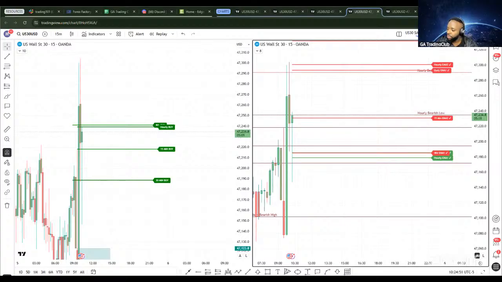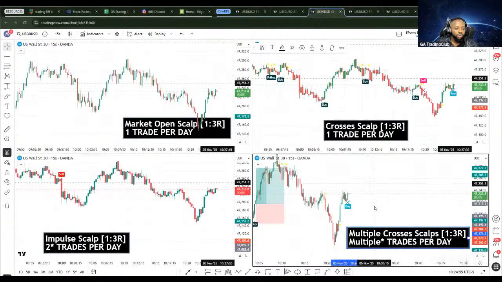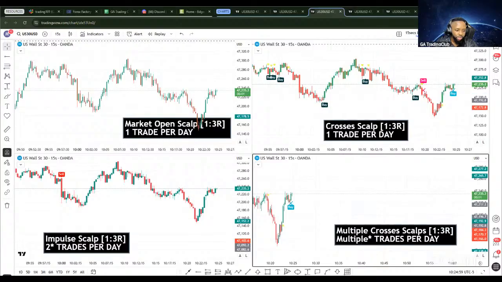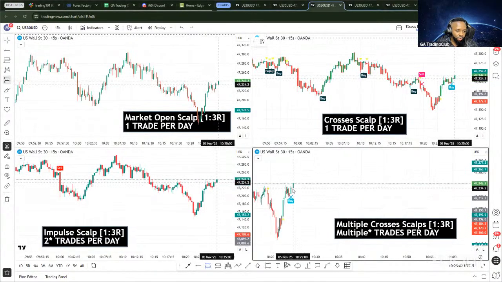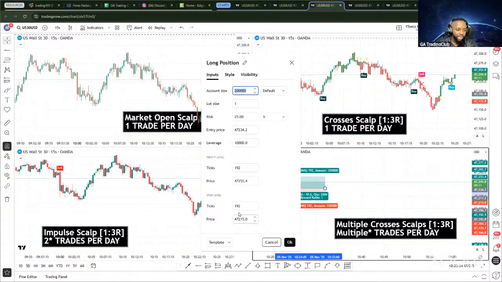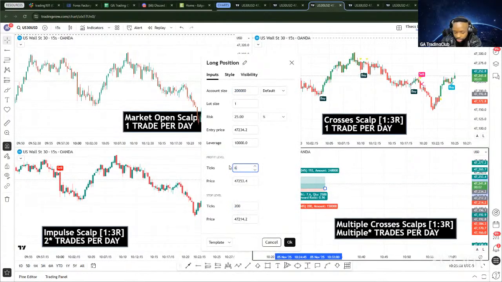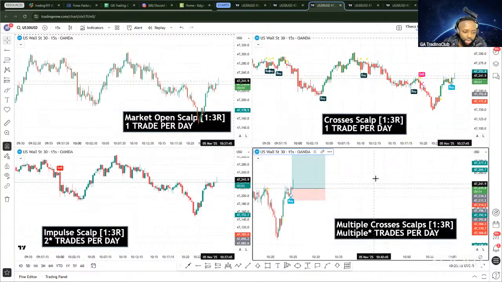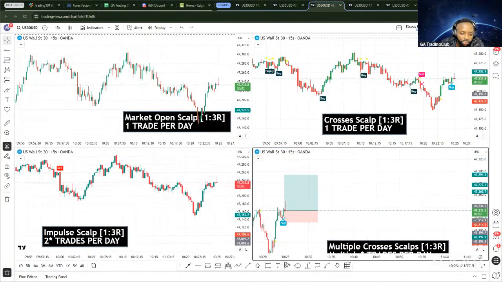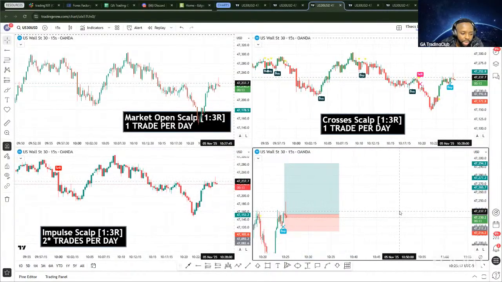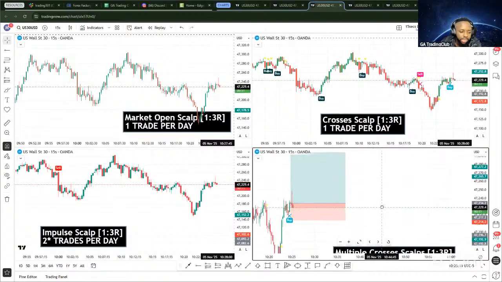And guess what we just did? We just printed a buy multiple cross here on US30. So you know what we're going to do? We're just going to follow this as well. But again, I've already taken this in the account that's taking these trades for me. So we just follow this and see if we get a push up, or if we get an exit signal